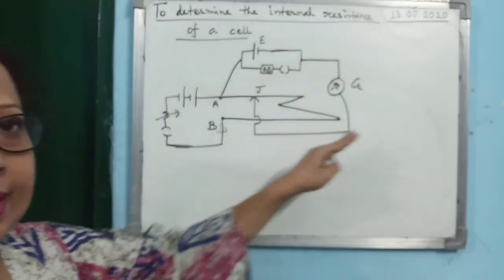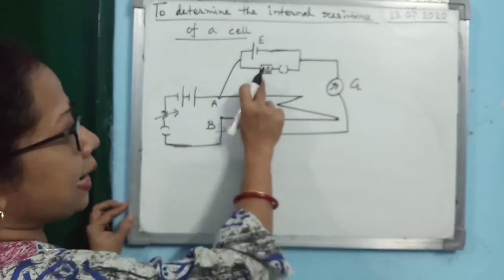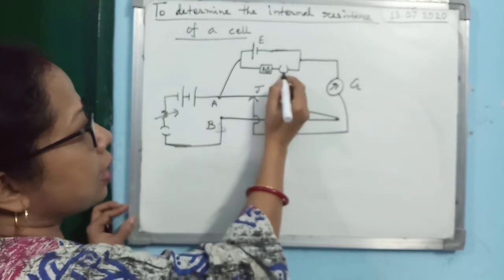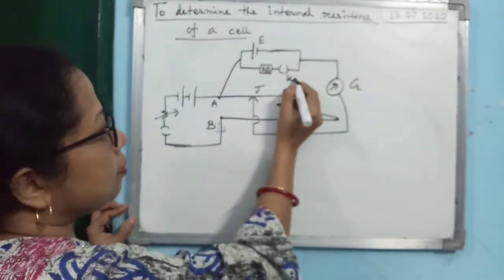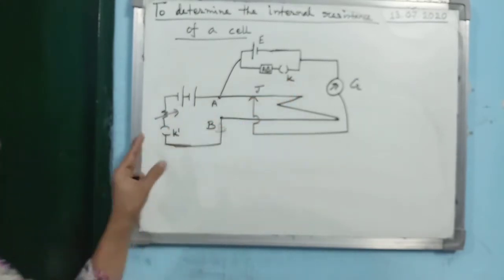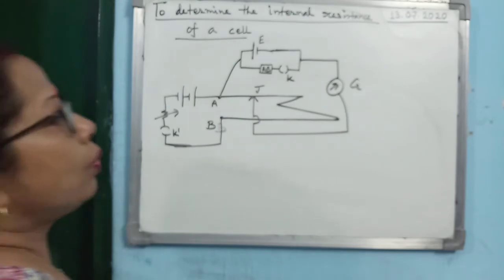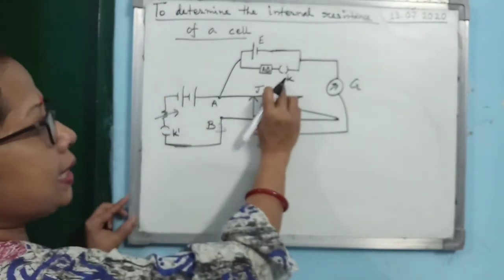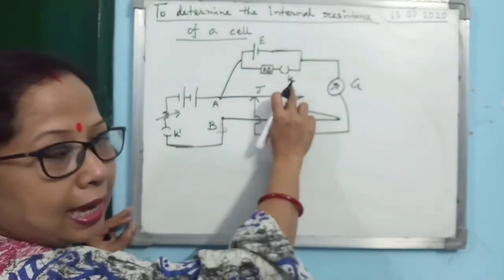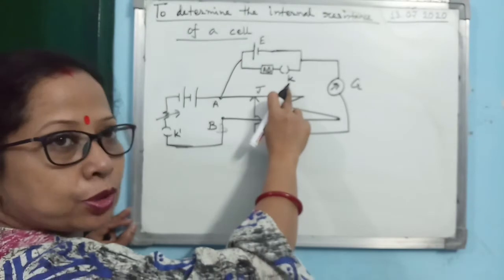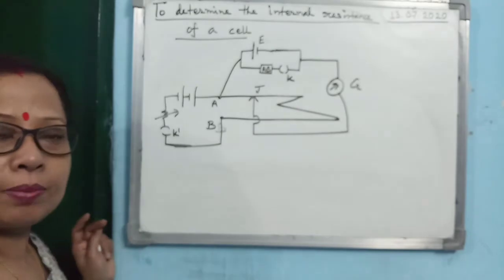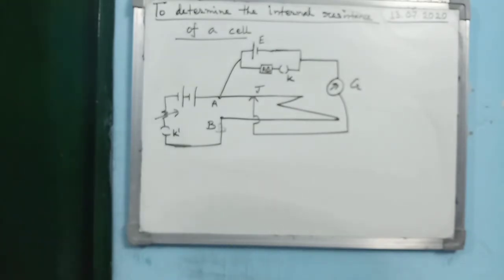The rest of the part is the same, only in place of the second cell, in the last circuit I am telling, you connect one resistance box along with a key. So let us consider this key be K and this K dash. There are two keys, so I am naming them K and K dash. Is that clear? Now, what is the first step? Let the key be open. Do not close key K. K is kept open and then the jockey is slid over the potentiometer until null point is obtained.